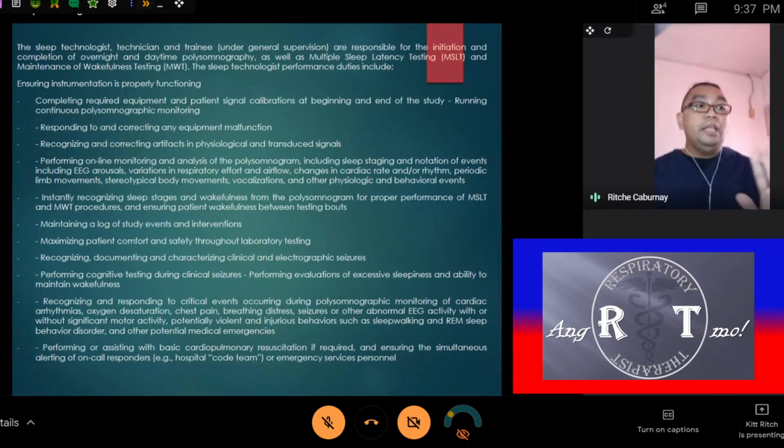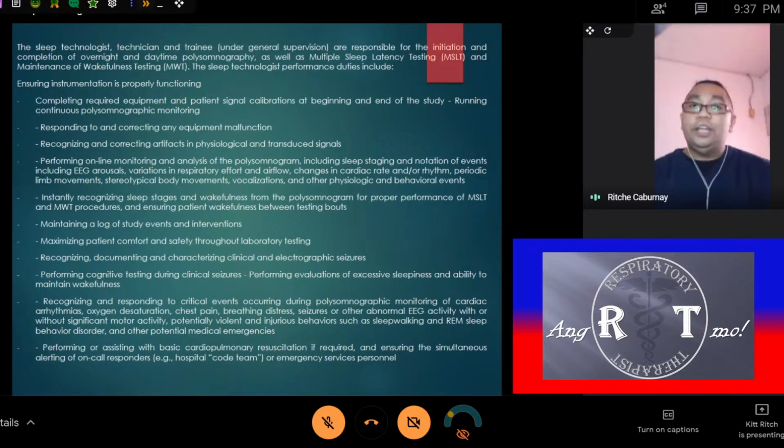So technically, there are a lot of this one, and then of course performing online monitoring and analysis of the polysomnogram, including sleep staging. You are going to score the stages of sleep from stage wake to stage N1, N2, N3, stage REM. Okay, noticing events like, for example, apneas, hypopneas, or EEG arousals, or brief awakenings, what they call it,